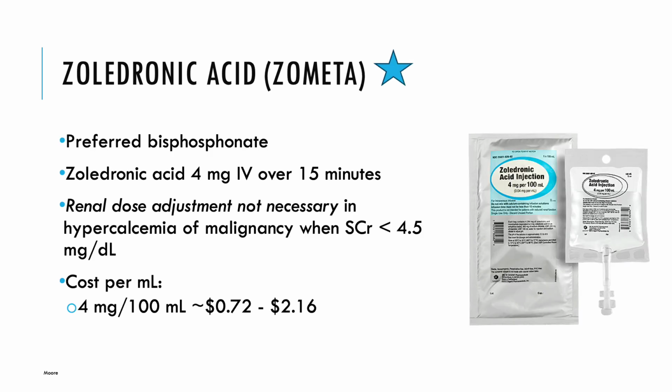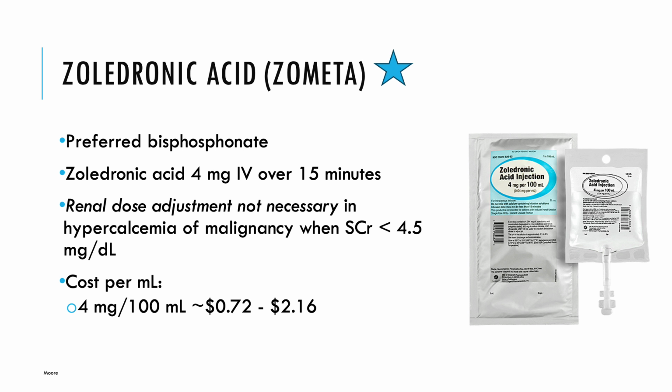I'm going to continue talking about our bisphosphonates, zoledronic acid and pamidronate, in the coming slides. I'm going to talk more about zoledronic acid, or Zometa, first. Zoledronic acid is specifically our preferred bisphosphonate for hypercalcemia of malignancy. The recommended dose is 4 milligrams IV over 15 minutes, and it is important to note that there is no renal dose adjustment necessary for hypercalcemia of malignancy, specifically when serum creatinine is less than 4.5 milligrams